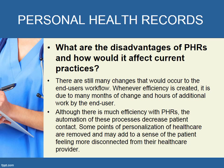What are the disadvantages of PHRs and how would it affect current practices? There are still many changes that would occur to the end user's workflow. Whenever efficiency is created, it is due to many months of change and hours of additional work by the end user. Although there is much efficiency with PHRs, the automation of these processes decreases patient contact. Some points of personalization of healthcare are removed and may add to a sense of the patient feeling more disconnected